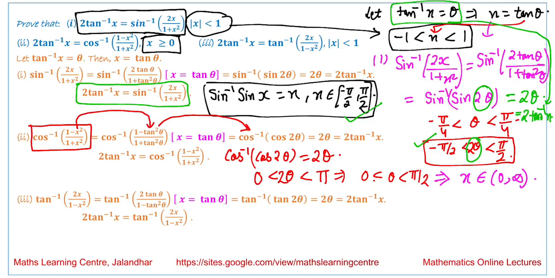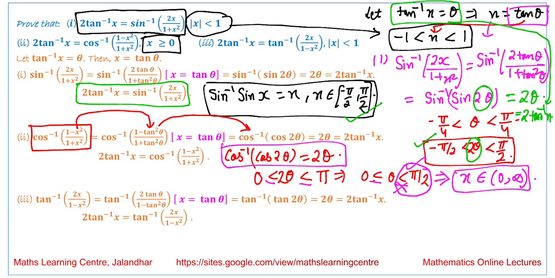Why is the equality sign there? The condition we have includes equality, so we get this value, but theta cannot be equal to pi by 2 because we are talking about the tan function. So we say 0 is less than or equal to theta is less than pi by 2, and we get x belongs to 0 to infinity. It is closed at 0, so the interval we obtain is x greater than or equal to 0. Now the last part we have is tan inverse of 2x over 1 minus x square. In place of x we substitute tan theta.